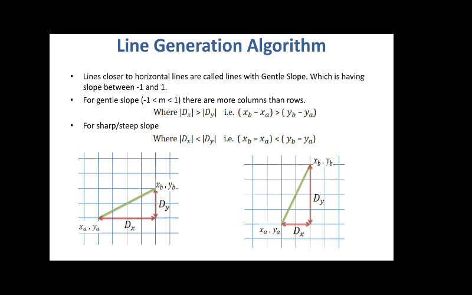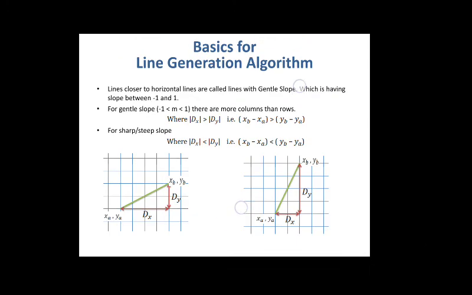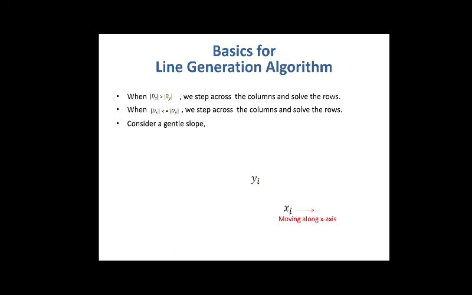So when I am saying a gentle slope, when dx is greater than dy, at that time the slope is a gentle slope. Or the number of columns is greater than the number of rows, then the kind of slope is gentle slope. When I am saying a steep slope, when dx is less than dy, that means the number of columns is less than the number of rows, that is the number of rows is more. In that case I am saying that dx is less than dy, that slope will be a sharp or steep slope. Okay, so this is the example I have shown here about the slope, right.